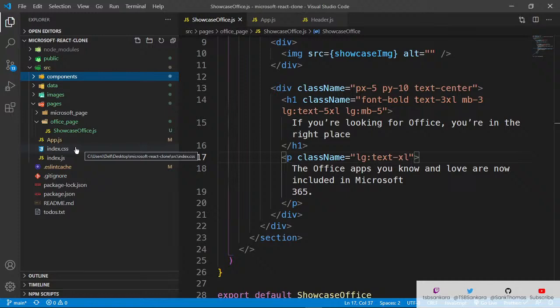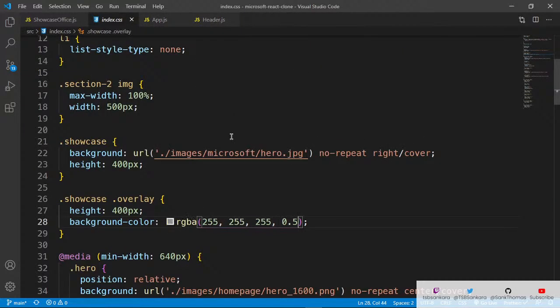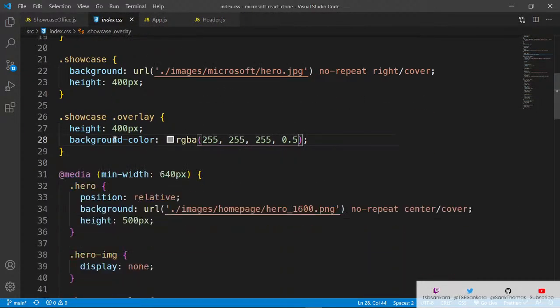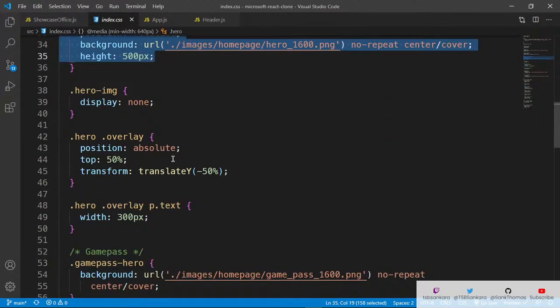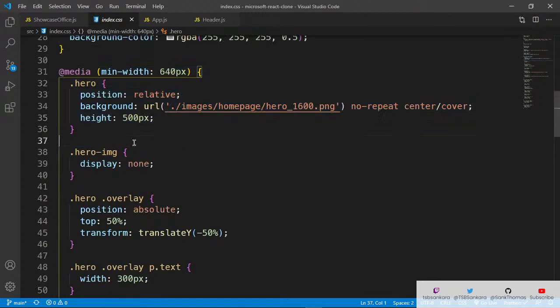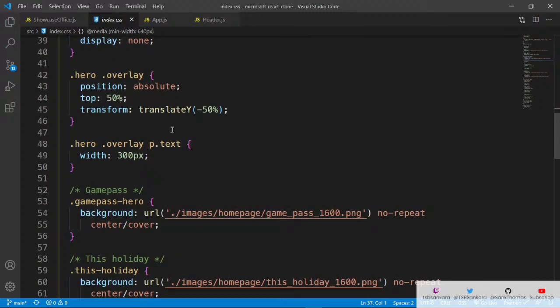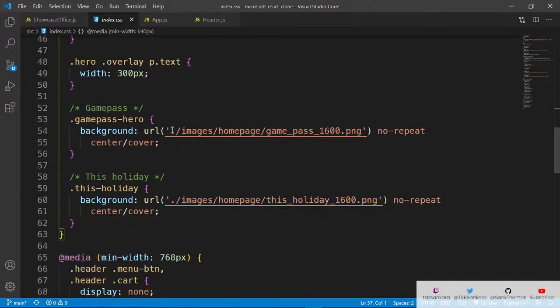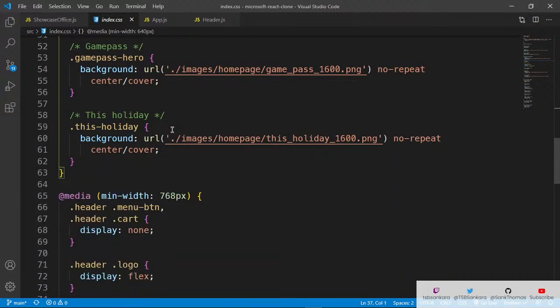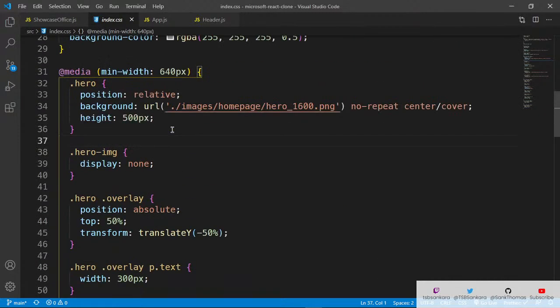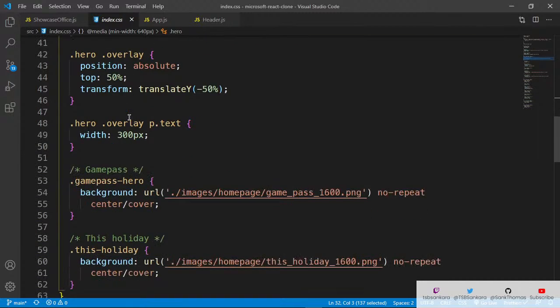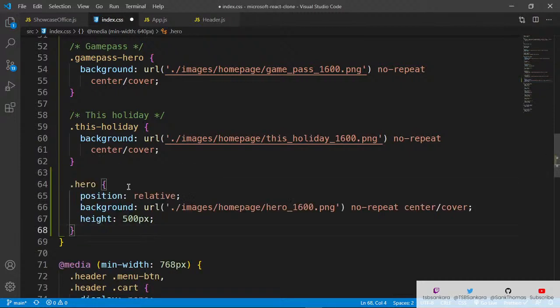If you go into your index.css, you'll notice that we added a bit of custom styling, such as this right here, as you can see. So what I'm going to do is something similar to this, right? Let me copy this for the hero, and then right below this I'm going to paste it in, and then I'm just going to change this class to our actual class right here,